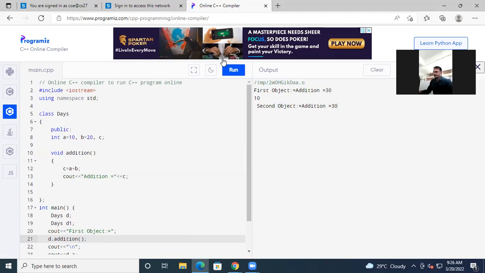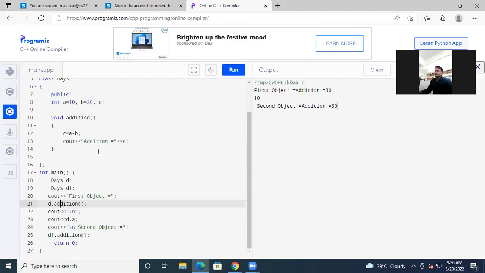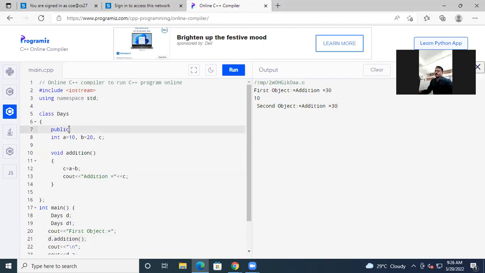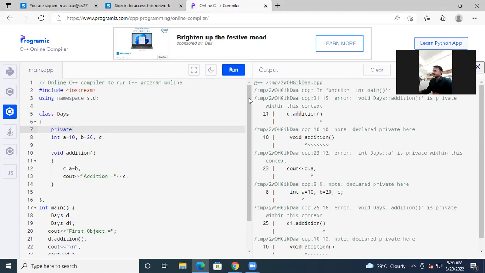Yes, sir. Okay. Now there is one more thing here as a public, sorry, private. Okay, I will make it private. Now see what happens. See, you are going to get an error. And what is that error? Void days. Days is nothing but this function, sorry, the class addition is private within this context. So when I declare it as private,